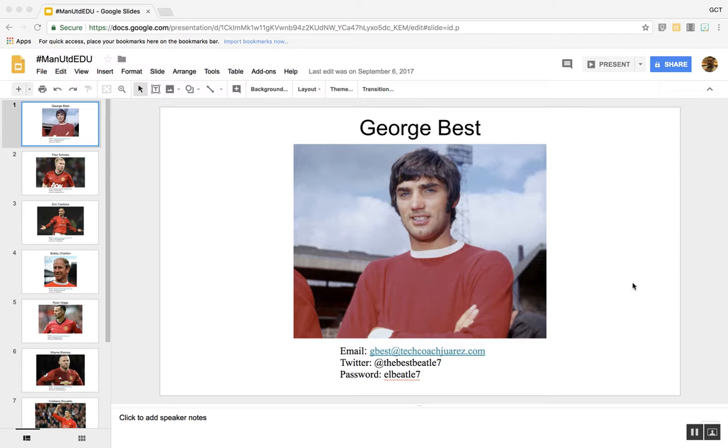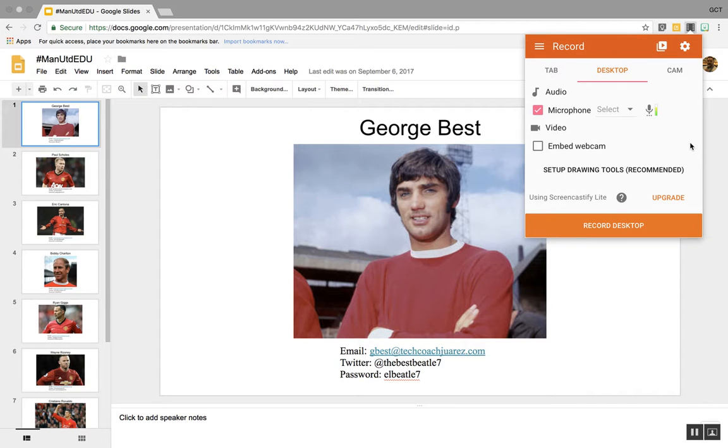So to get started, you would start with some kind of slides presentation or some other website that you will be teaching from, and you're going to go to this button right up here. This is the Screencastify button here on your Chrome browser. If you don't see it yet, you need to make sure you are logged into Google Chrome. You'll know because you'll see your name up here. So if I click on this,